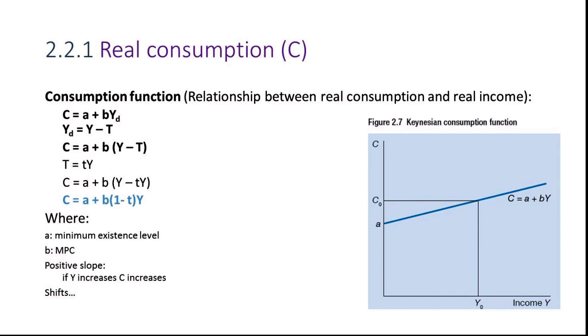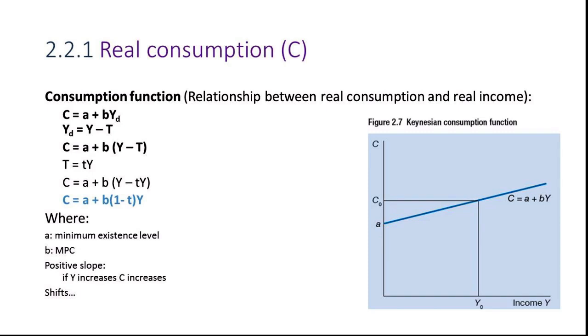Disposable income, as we've said, depends on the level of income minus the taxes paid, so you can substitute y minus t into the value of yd over there. And we also know that this level of taxes is the tax rate multiplied with the level of income. So again, you can substitute lowercase t multiplied by y in the place of the capital T over there, and then just simplify the equation and get the consumption function in the form that we see over here, where A is the intercept, the minimum level of existence,